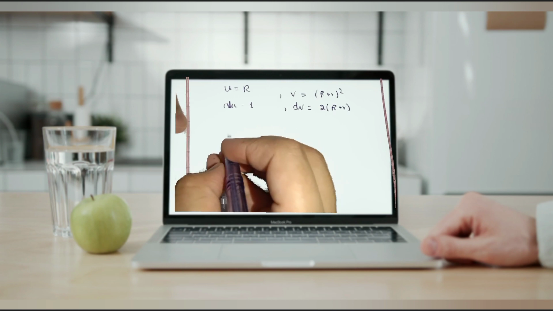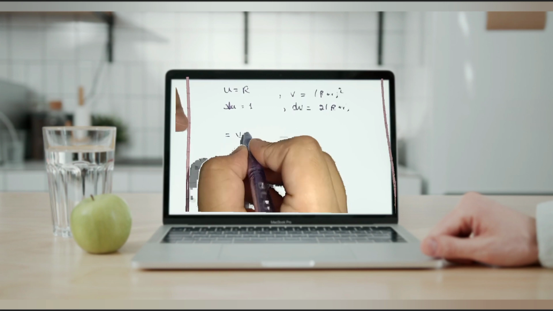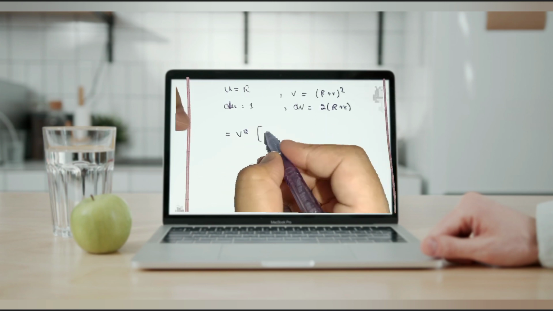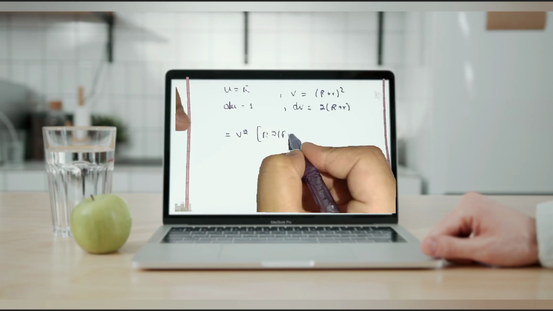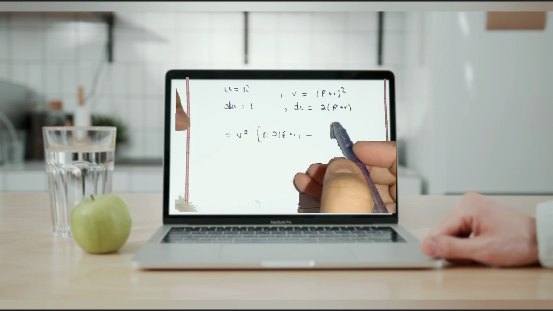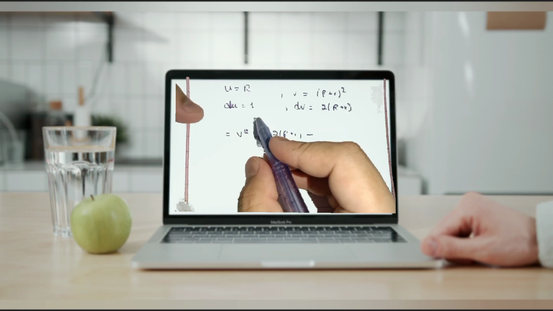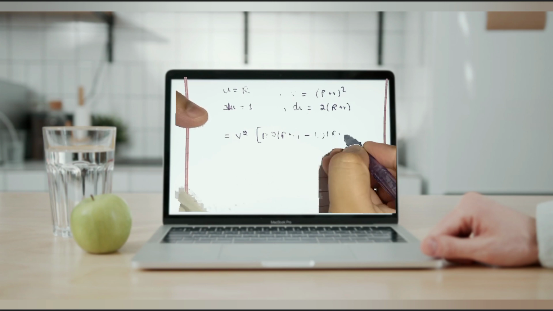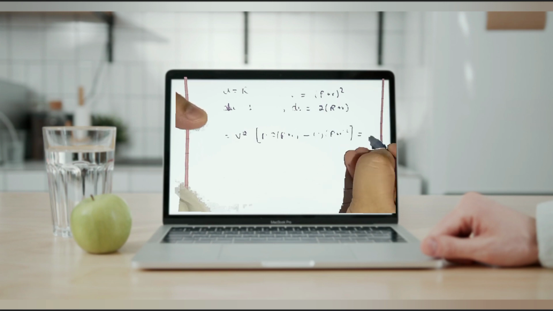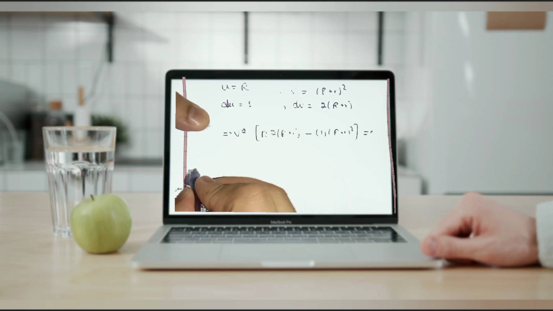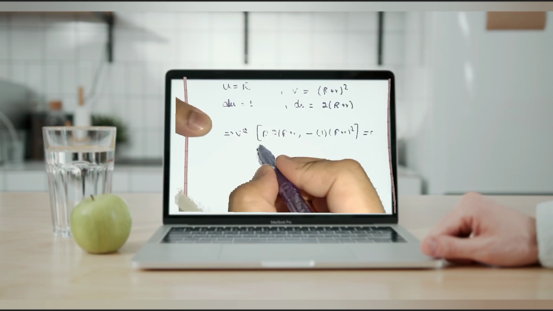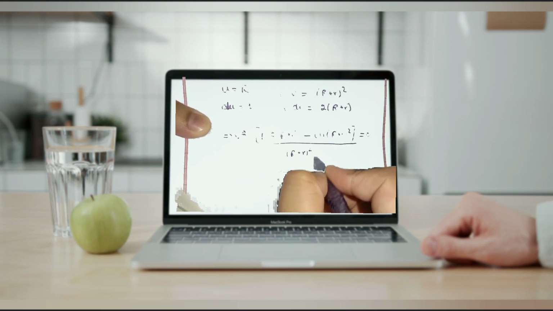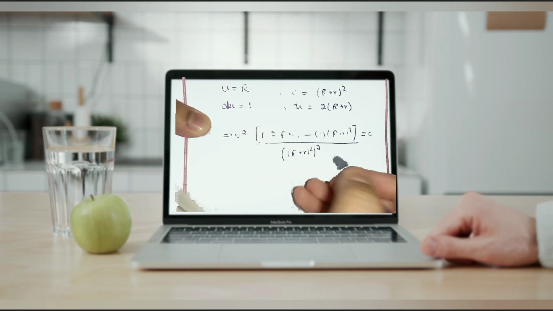These are our values that we have calculated. Now we will put these values in our formula to find the derivative. V squared is a constant, it will come outside the bracket, and inside the bracket we have R into 2 into (R plus r) which is v dash, minus u dash into v. u dash is 1 and v is (capital R plus small r) whole squared. We will equate it to 0. We forgot here the denominator, which is v squared. Here v squared is (R plus r) whole squared, and the whole squared